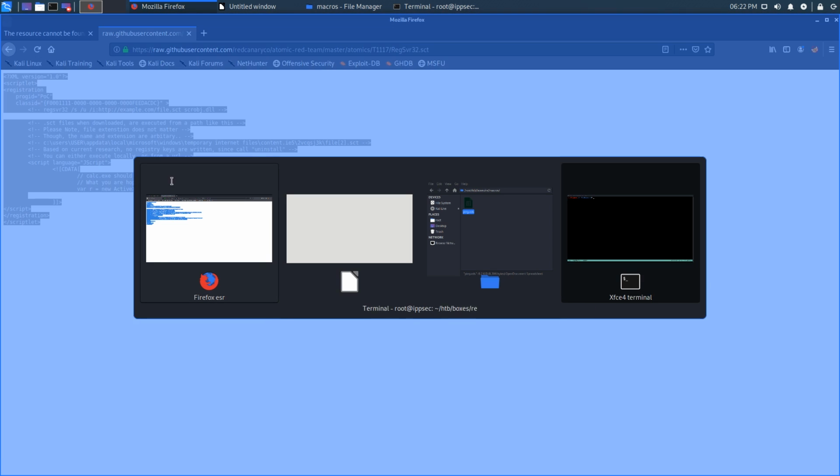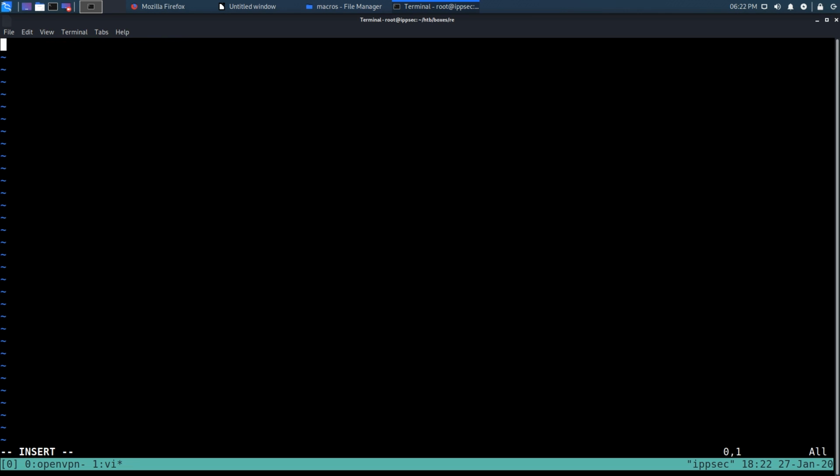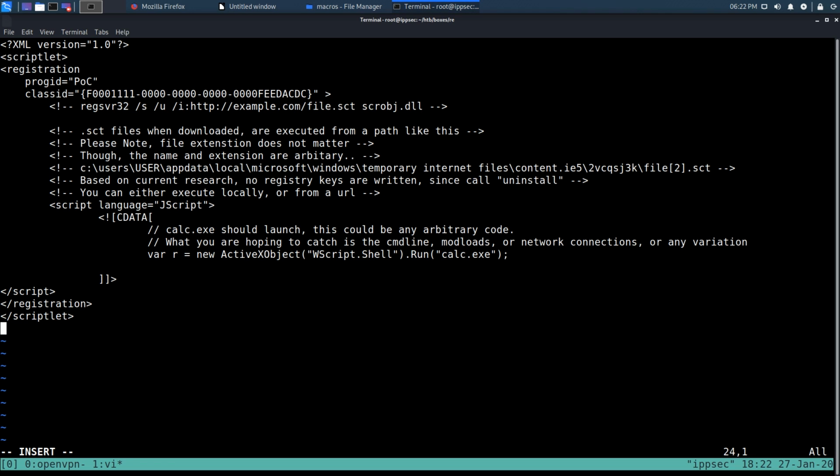So let's grab this and we will go into a www directory and look at it. I'm just going to call this evil.sct and we will paste it. And all we have to do is call regsvr32 with these arguments, and then it should execute. And it's just running calc.exe. We want it to run PowerShell, so we can do